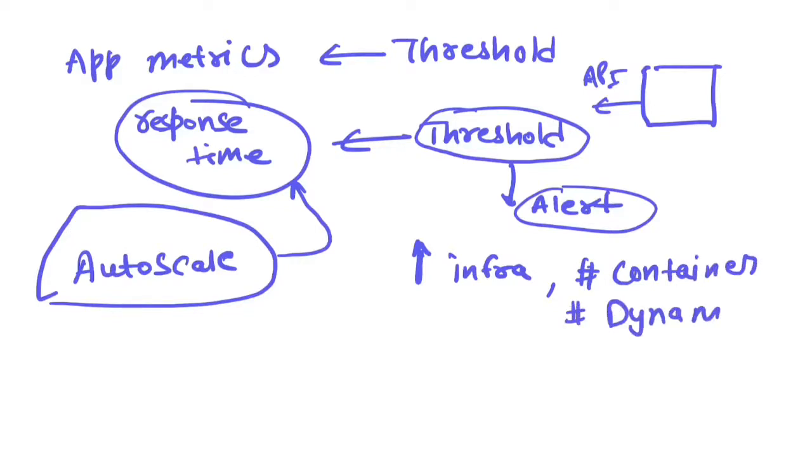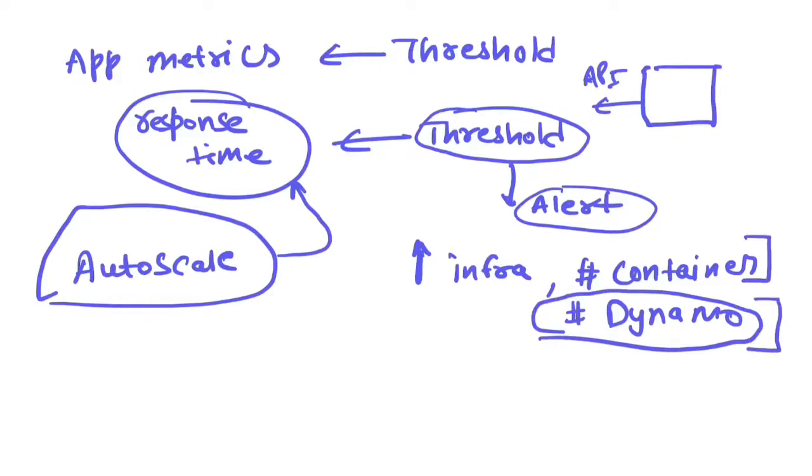Both are same things. So in cloud, in generic term, it is called container, but in Heroku, they have named it as a Dyno. So auto scaling feature is also available within Heroku, that based on certain app metrics, if certain threshold breaches for your app metrics, then you can configure an alert, as well as you can configure auto scaling feature so that your app scales up or scales down automatically within Heroku. So that is how you can easily deploy your application over infrastructure.